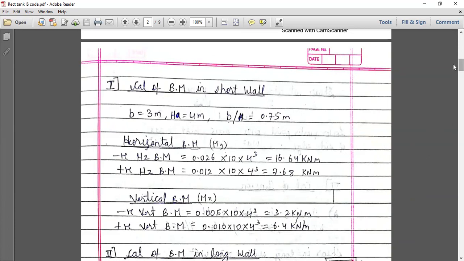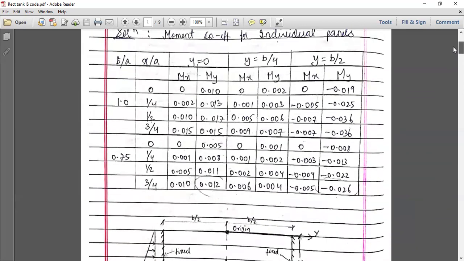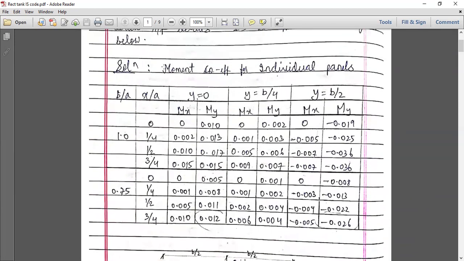So here you can see in the table, ठीक है, I have directly taken the values which are required. ठीक है, ये B by actually I have taken height as h. ठीक है, तो ये this is nothing but h. ठीक है, so I have taken h so that it is better to understand where h is the height. ठीक है, so I have changed that a to h. So B by h ratio will be given to you in the table.